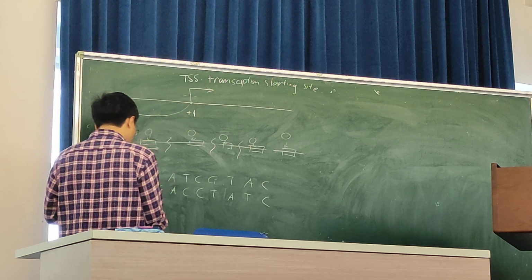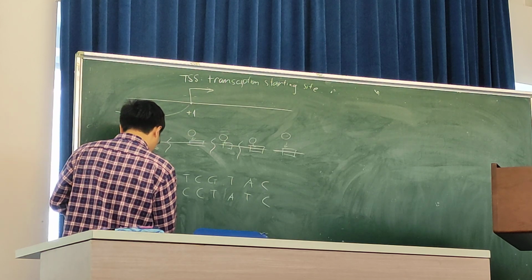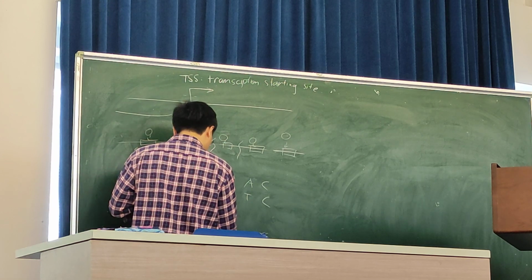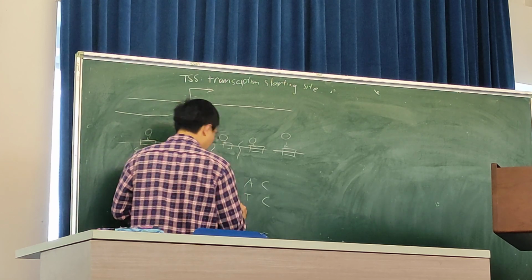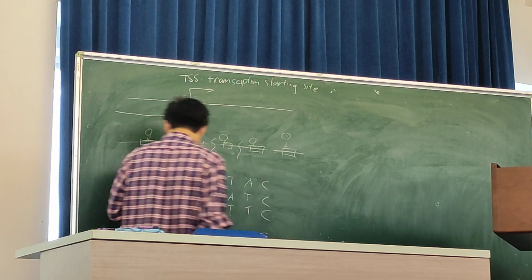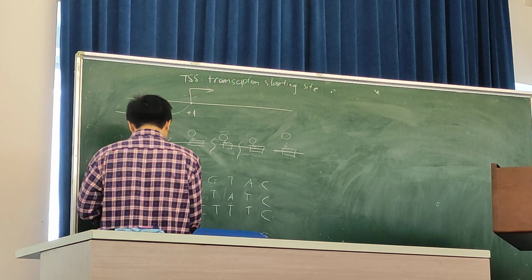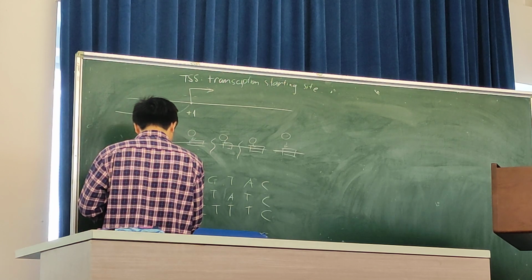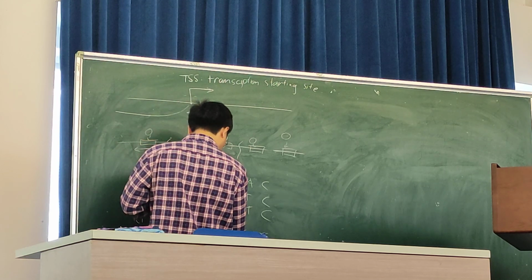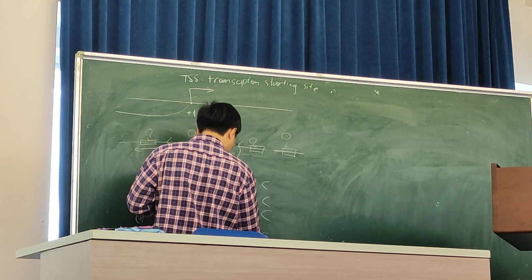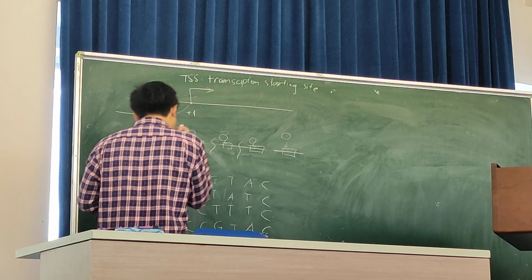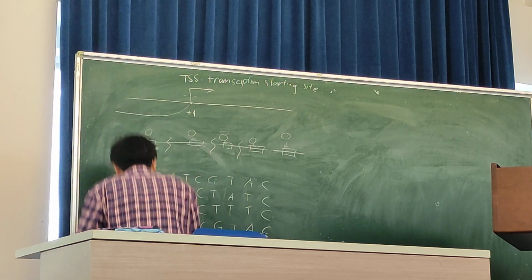In the third sequence, we will have CGA, TC, TTC. The fourth one, we will have G, T, A, C, C, G, C, A, C. And the fifth one, which is